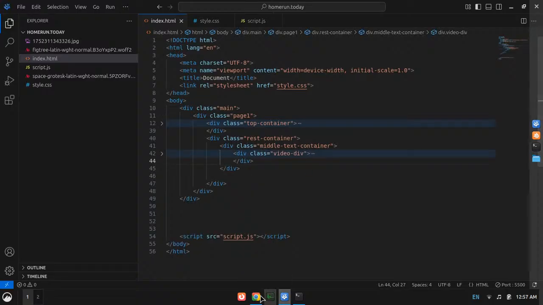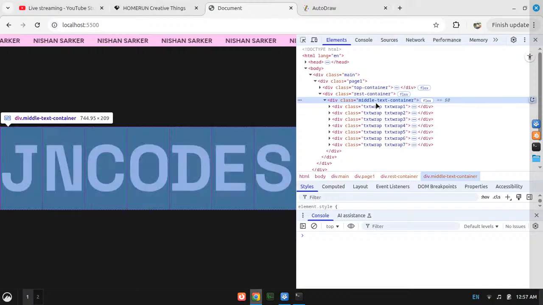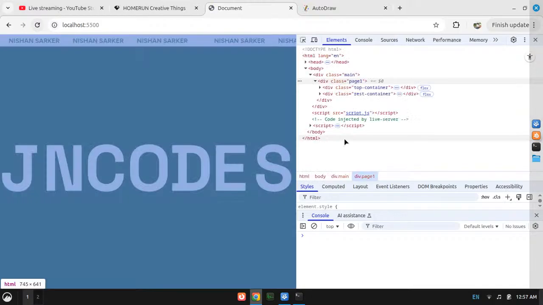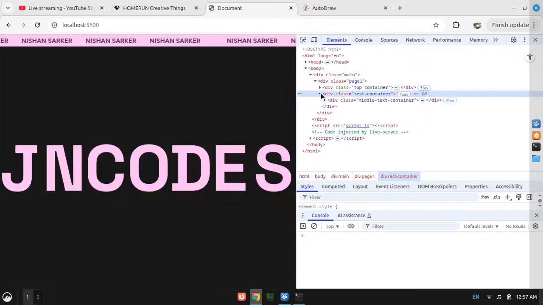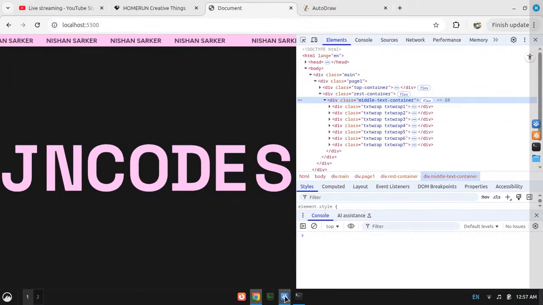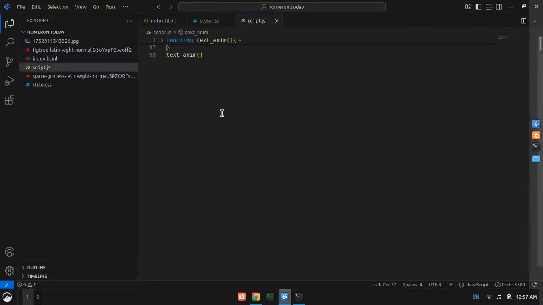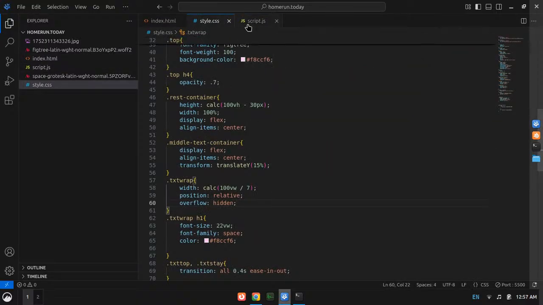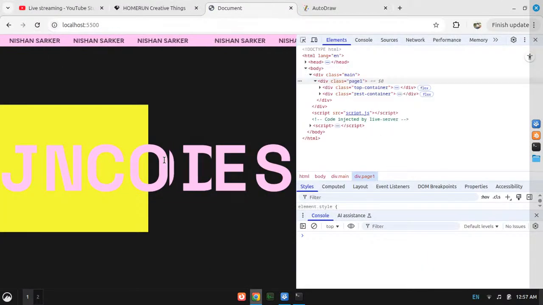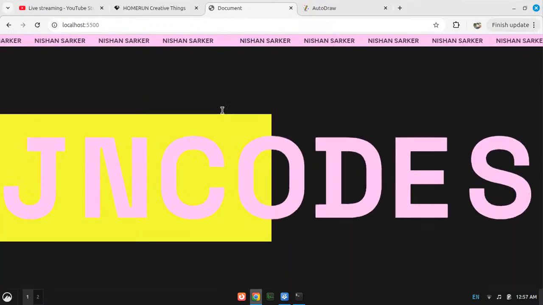In the middle text container I have the video div, but I don't see it here. Why so? Oh, I completely edited this thing. What if I add plus equals? Okay, now the thing is there.